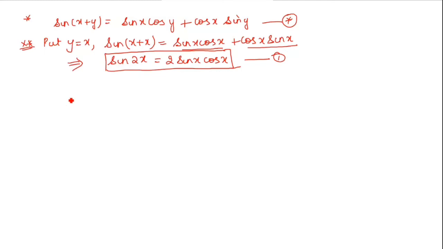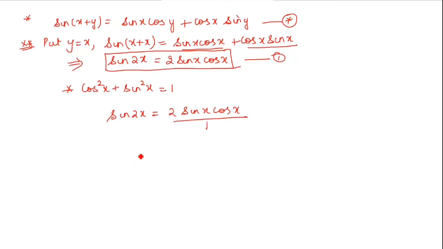Exactly the same as we have done for cos 2x, okay. So, now, we know, recall the identity, cos square x plus sin square x is equal to 1, okay. This is already which we have. So, now, the sin 2x, I can write this as, what is the formula? 2 sin x cos x. I can write this divided by 1. That makes no difference at all. So therefore, what you got? You get 2 sin x cos x. In place of 1, we can write that as cos square x plus sin square x.